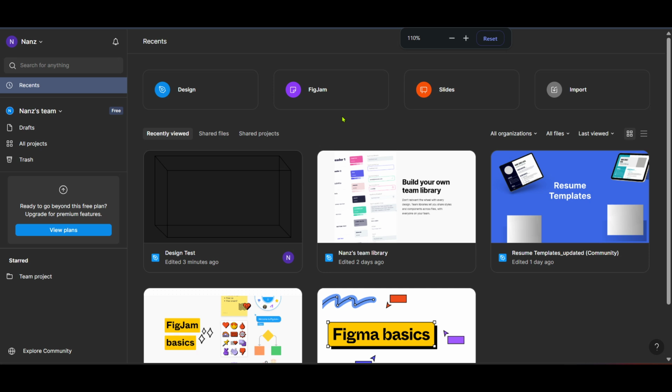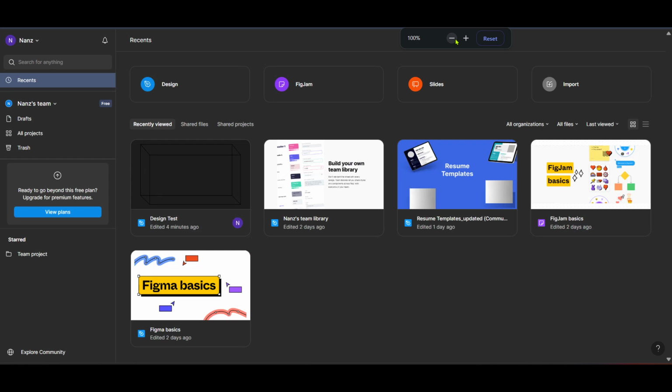On the flip side, to zoom out, simply press the Control key and tap the minus sign. This action will gradually zoom out, presenting you with a broader view of your design. Being able to zoom out swiftly can help you maintain a perspective on how individual elements contribute to the overall composition. These shortcuts are intuitive and will quickly become second nature as you continue to work within Figma. Knowing how to zoom efficiently is one of those little tricks that can save you time and improve your overall